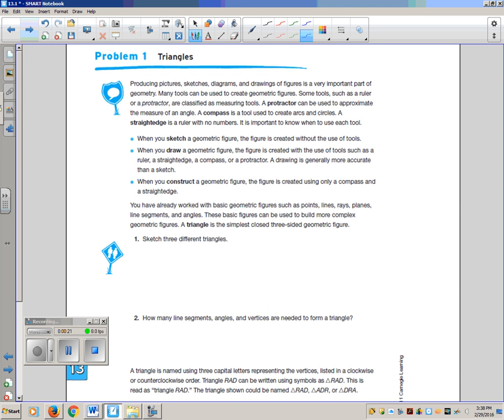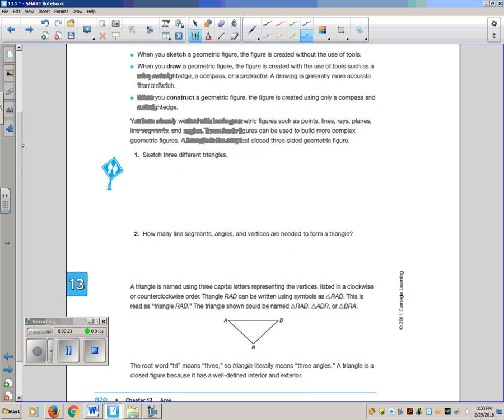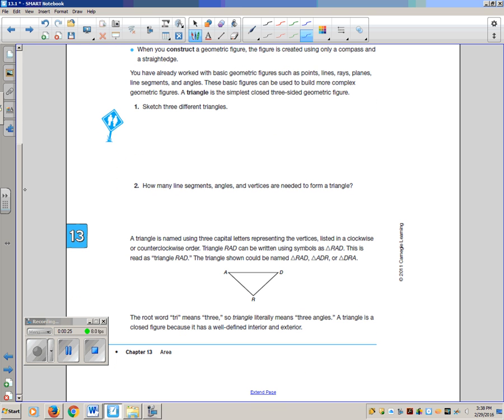We're going to go through all the different kinds of polygons. We're starting out with triangles. I'm not going to follow all the directions in the book. Number one, sketch 3 different triangles. Let's just sketch one. When we name triangles, we put letters on the vertices, on the corners. This triangle would be called CAB,